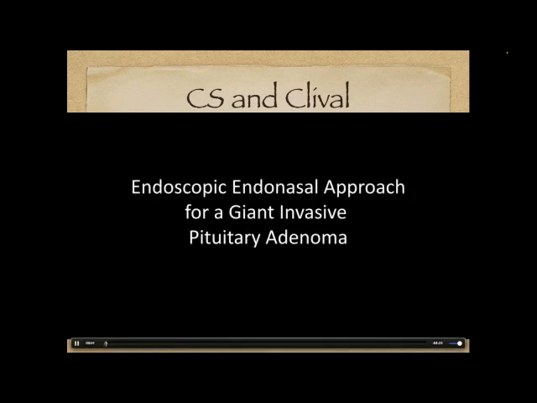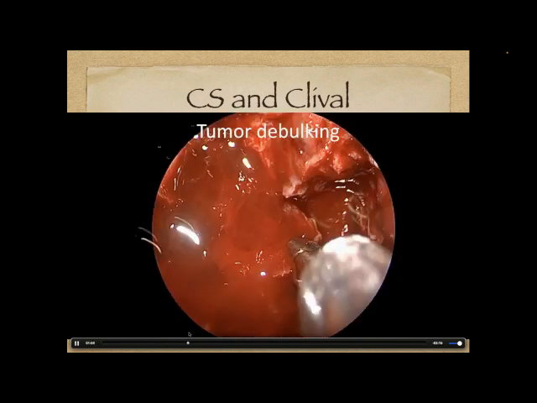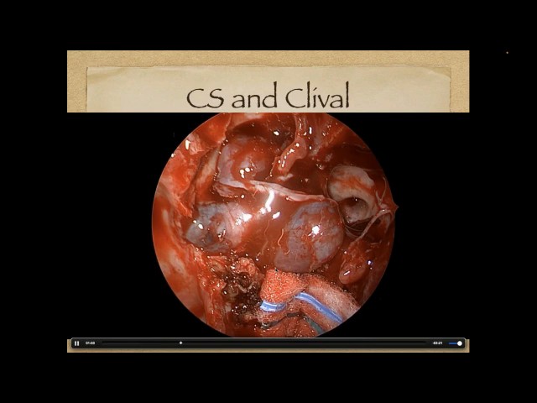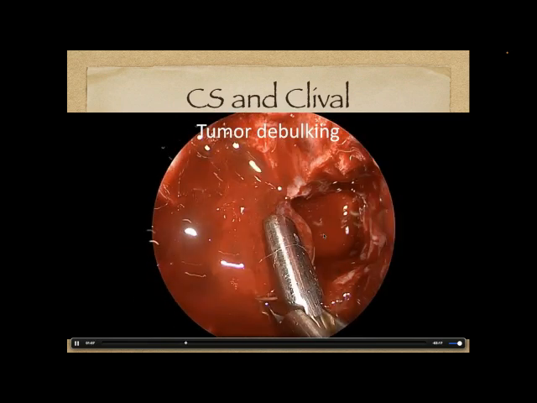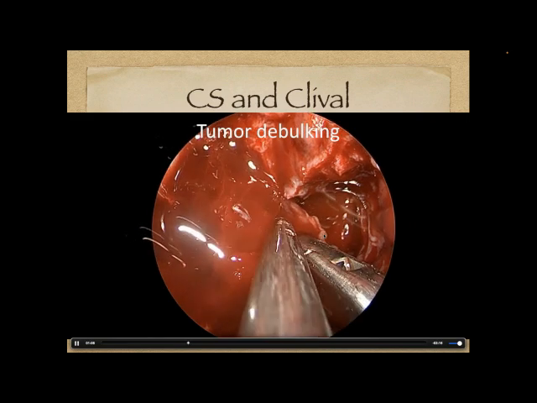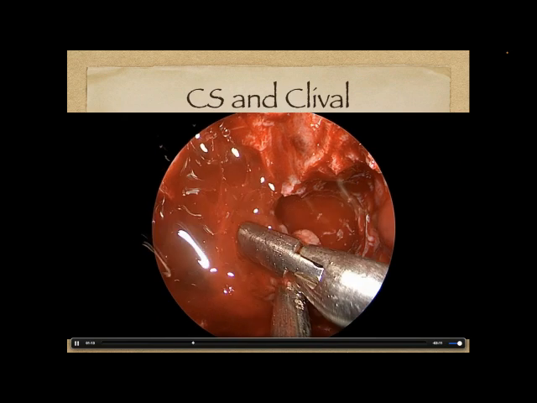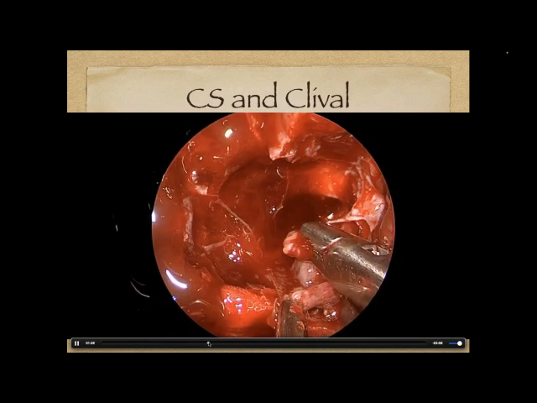So here you can see the endoscopic endonasal surgery, again, another giant tumor, and I won't belabor this in the interest of time, but here you can see the tumor growing into the sinus. The nerves and everything we worry about are in the back. So again, like I said, it's kind of like two tumors. So we start by getting some specimen for the pathologist and peeling the tumor out of the sinus, which is the area that's a little lower risk, but still has to have a good exposure.